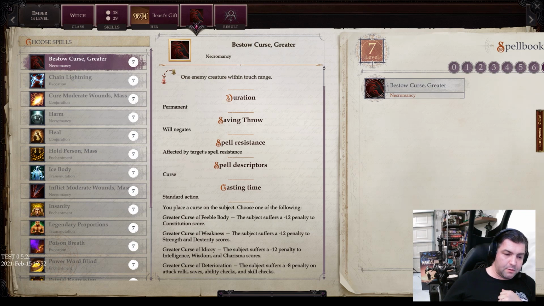Greater Curse of Feeble Body. Subject suffers a -12 penalty to Constitution score. Greater Curse of Weakness. Subject suffers a -12 penalty to Strength and Dexterity scores. Greater Curse of Idiocy. The subject suffers a -12 penalty to Intelligence, Wisdom, and Charisma scores, and starts talking like,